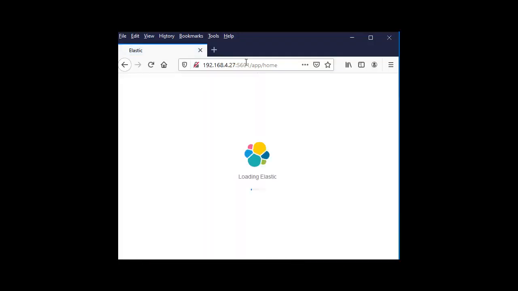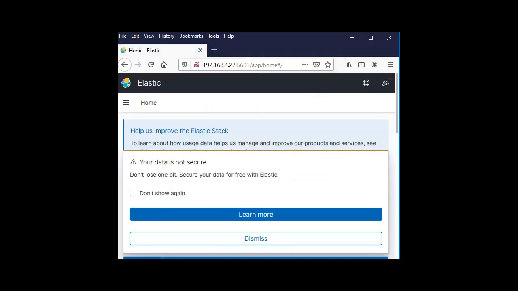So friends, now I am accessing Kibana using the IP address and port, 192.168.4.27:5601.